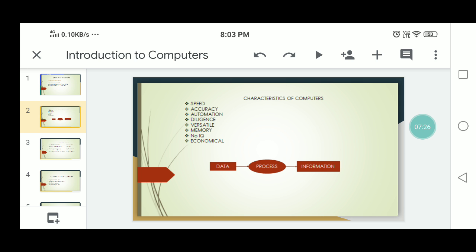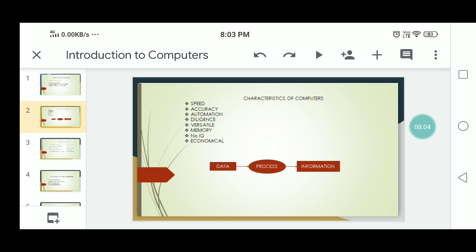Next, it is versatile. Versatility is the quality of being flexible. Today we have to use computers. They are used in our daily life in different fields. For example, we use personal computers at home. For business-oriented tasks, we use them in weather forecasting, space exploration, teaching, railways, banking systems, and the medicine field. In any field we have to use them. It is a very flexible and qualitative machine.